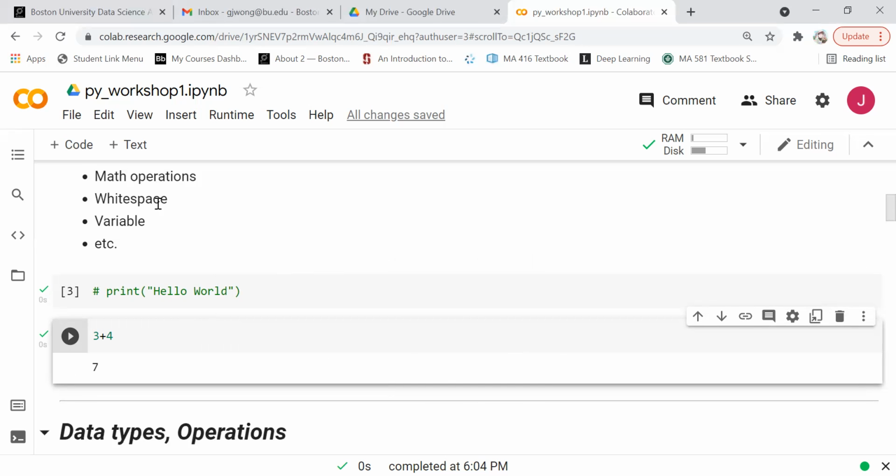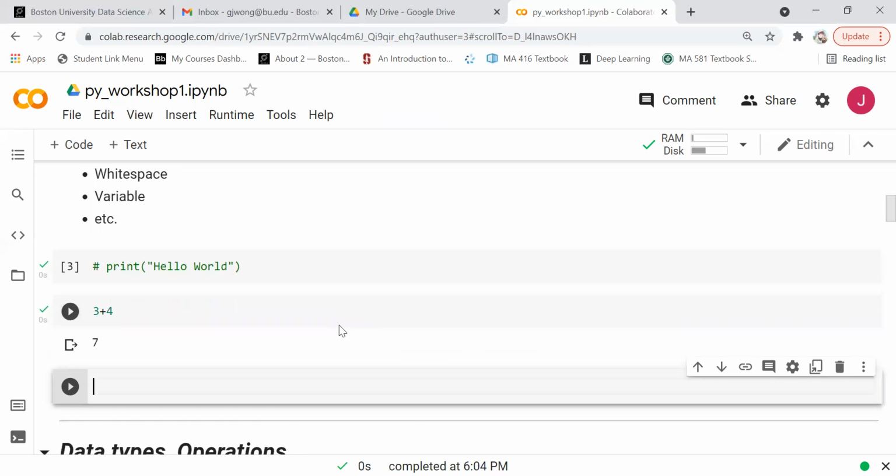And then white space, we will go to this later because it matters a lot in Python. Every white space is effective. You just don't add useless white spaces in your code in Python. Okay. And then for variables,